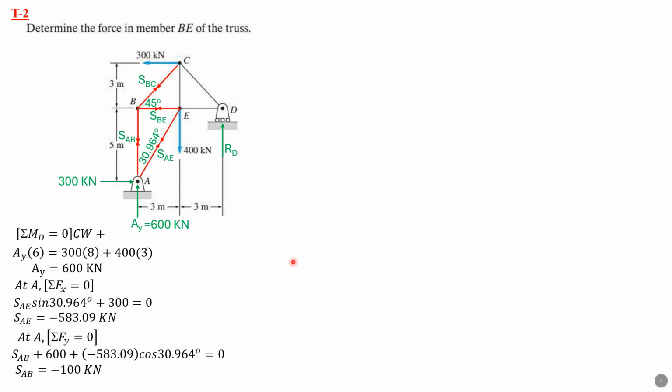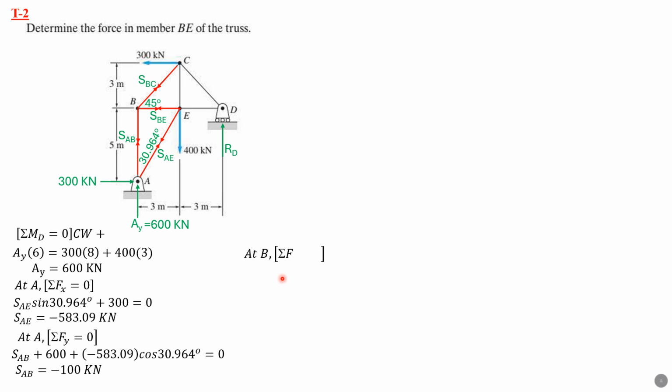It is compression, so you can solve SBE directly by drawing the force triangle of the forces acting at B. So that's one direct way of solving SBE. But I'll just present the basic approach, which is summation of forces y first, then summation of forces x, two equations, two unknowns. And as I said, you may draw the force triangle to solve for SBE directly.